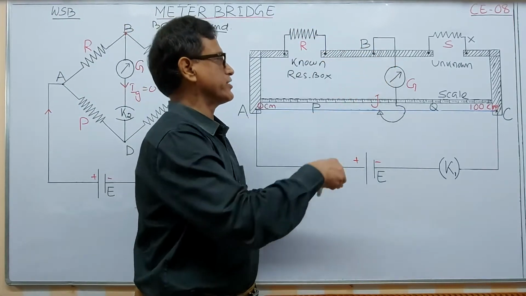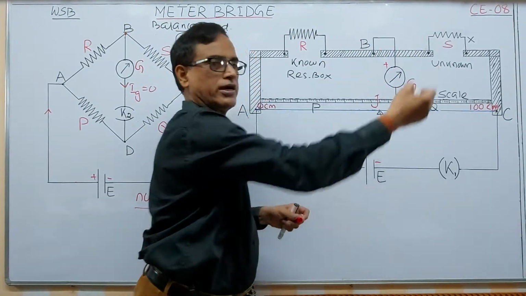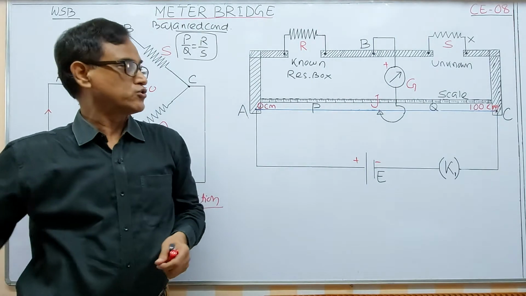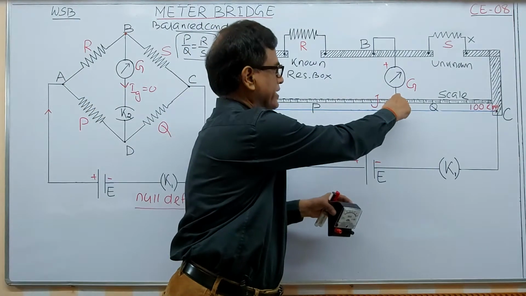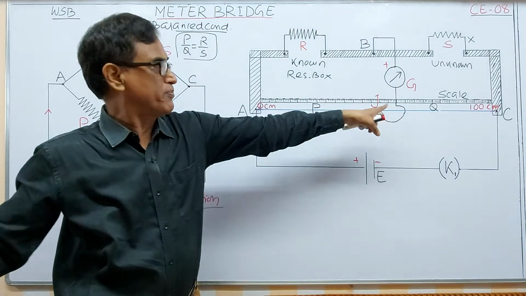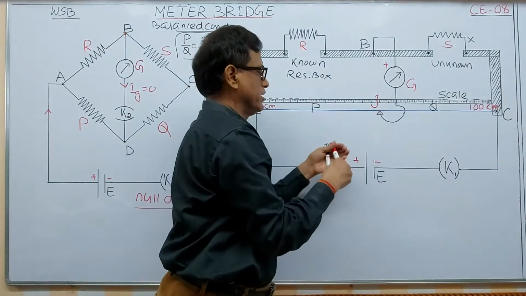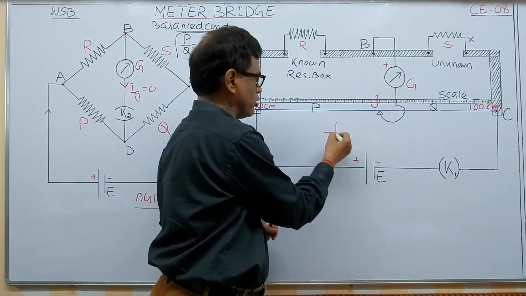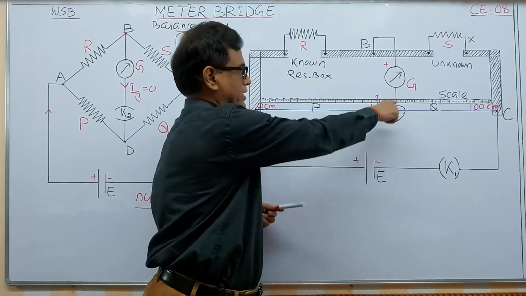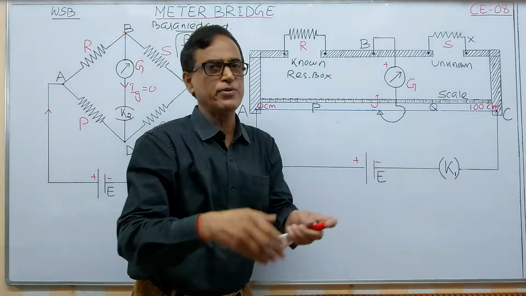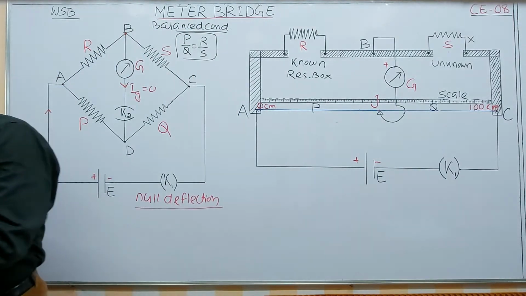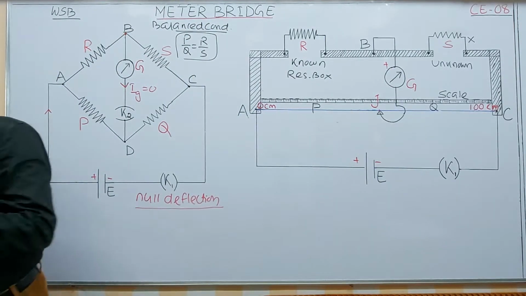So galvanometer's one terminal should be plus, it should be connected to red. So that the other terminal will be taken through this. This is an overlapping of the wire. If you connect like this, it is a connection. But if you connect like this, it is an overlapping of the wire, and that will be connected across a jockey.